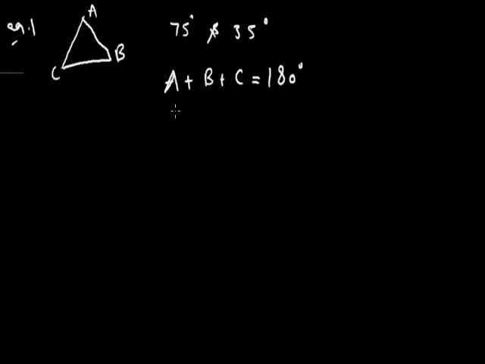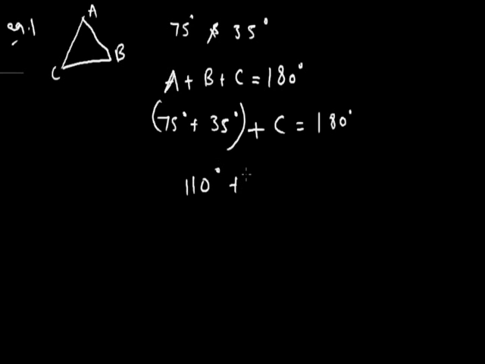So we have to find out the measure of angle C. Put the assumed values: angle A is 75 degrees, angle B is 35 degrees. These we have assumed, so don't get confused, it is for your convenience. Solving this linear equation, we get 75 plus 35 is equal to 110 degrees. So 110 degrees plus angle C is equal to 180 degrees. So angle C is equal to 180 degrees minus 110 degrees, which is 70 degrees. So if two angles of a triangle measure 75 degrees and 35 degrees, then the third angle measures 70 degrees. For finding the third angle, we have used the angle sum property of the triangle.